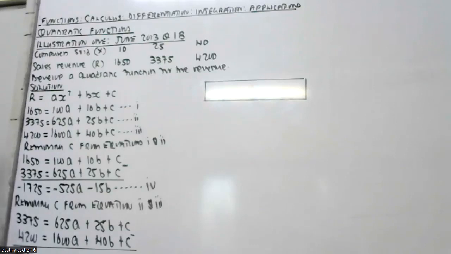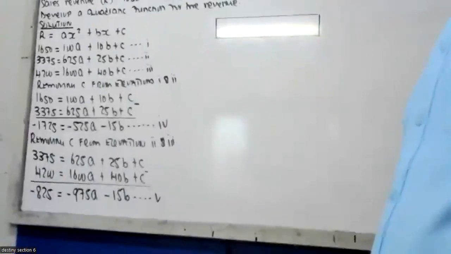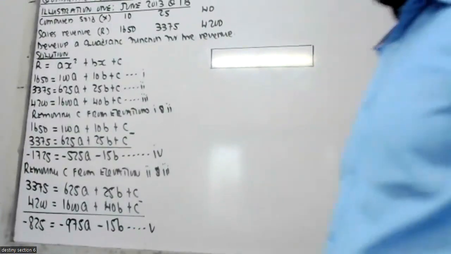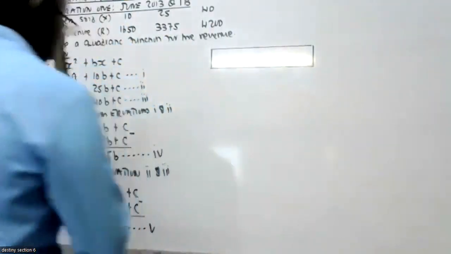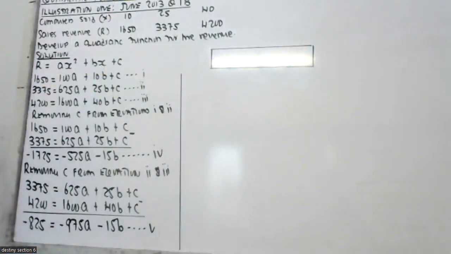Negative 825 equals negative 975A, negative 15B. And this one you call equation number 5. So when you call it equation number 5, you proceed and say,